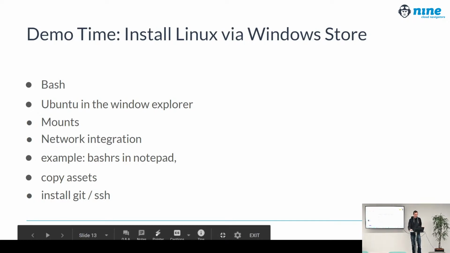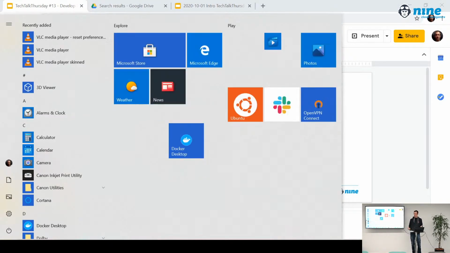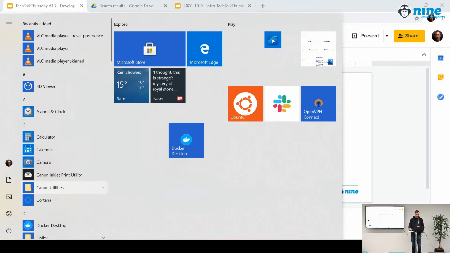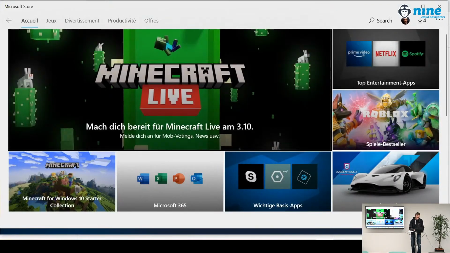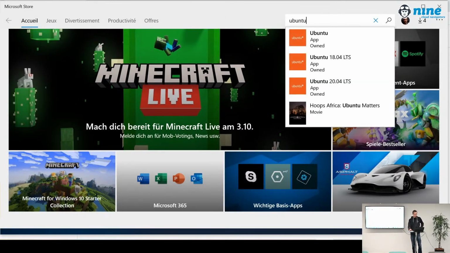I want to show you quickly how you would work with Ubuntu today in a Windows environment. So installing it is not just like downloading some ISO or mounting stuff or anything. It's actually very easy to integrate because you go to the Windows store, you search for Ubuntu. I don't know why it's in French, my Windows store, but never found out how to change it.